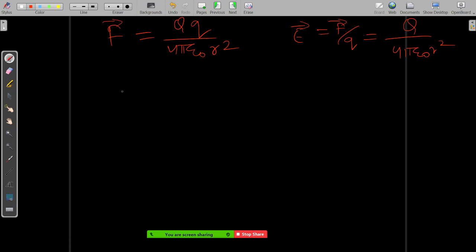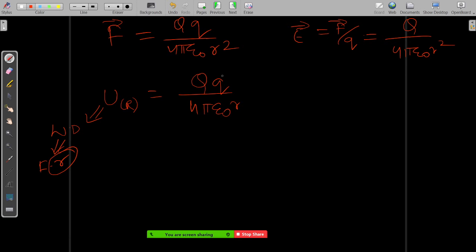Another thing we defined is potential at a particular point r. Potential at a particular point is related to work done, which is basically force into displacement. So one r from the denominator will get away from your force. So it's Q into Q by 4 pi epsilon naught R.